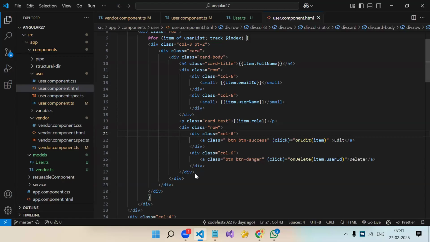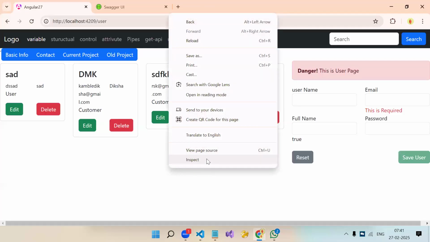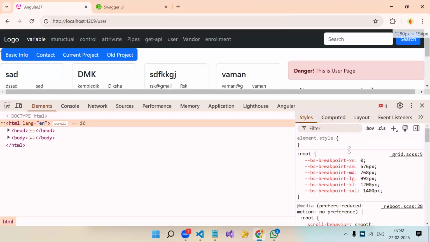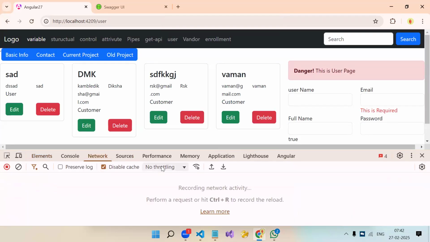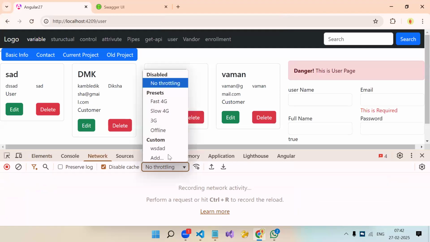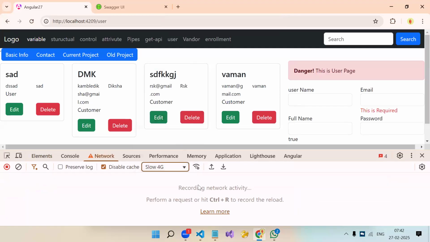Now, let me slow the network. We can slow the network by going into the developer mode, network, and over here, no throttling is there. Here we can make it slow 4G. Fine. Now, even though my internet speed is proper, on the browser it will be slow. If I go to the vendor page, on the page load we are making the API call.